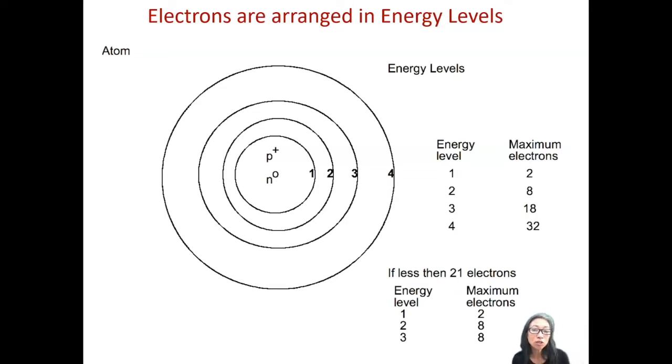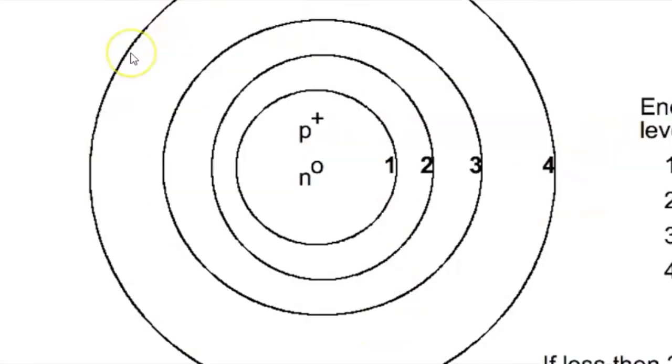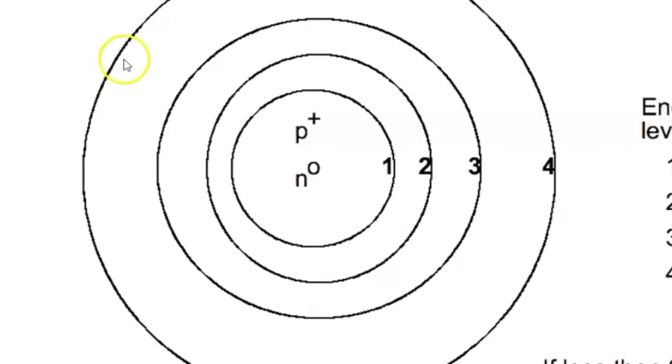The protons and neutrons don't take up very much space, but they have mass compared to the electrons, which take up a lot of space inside of the atom. And it's not because they're large, it's because they're moving around. So electrons are taking up a lot of space and they have access to a lot of space. They're moving around in this space that is outside of the nucleus, but still inside of the boundaries of the atom. In this model, this is called the Bohr model, it has the electrons located in what are called energy